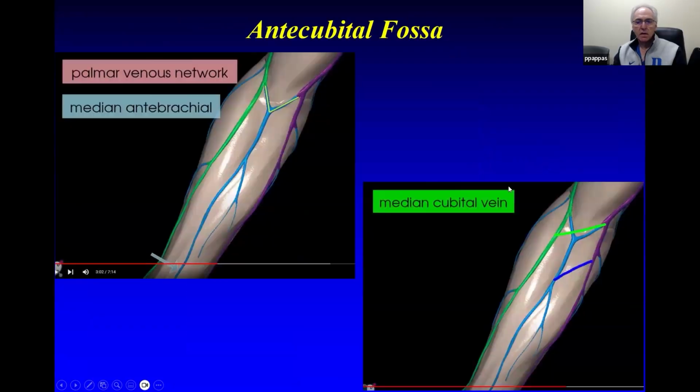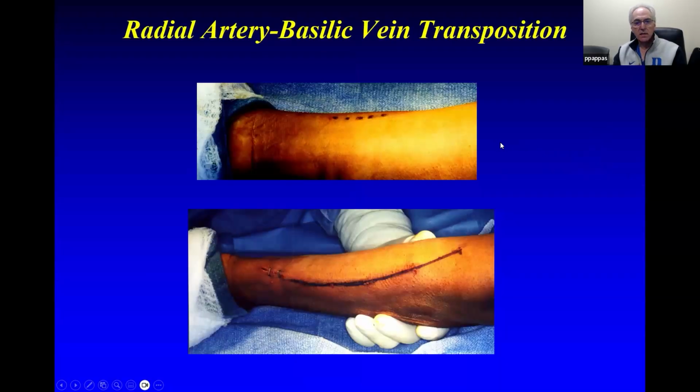Sorry. So right here, this anatomy is extremely variable. There are numerous variations that happen to this, but again, the cephalic vein goes from the thumb up the forearm, all the way up the arm. The same thing with the basilic vein, and this anastomoses to the deep brachial vein higher up in the axilla. This is very important when we were doing